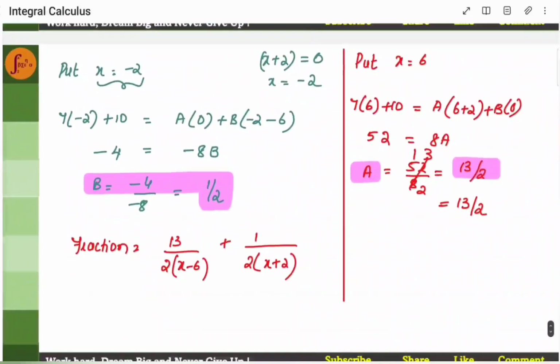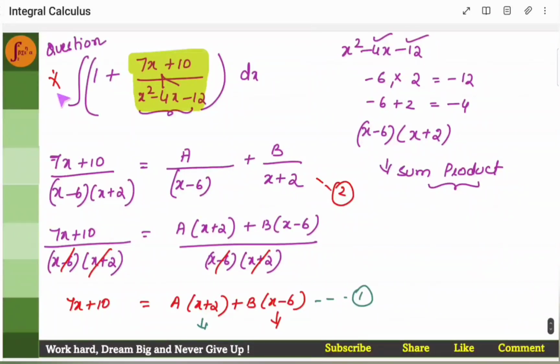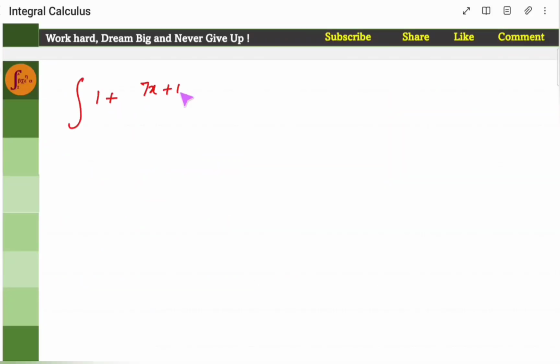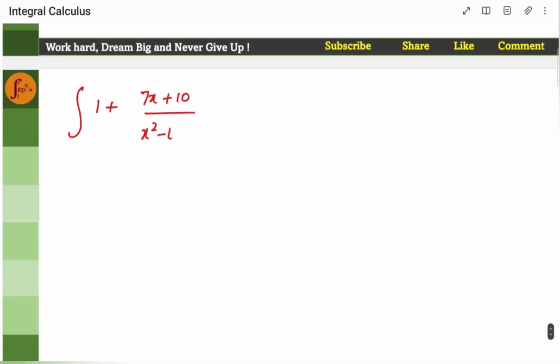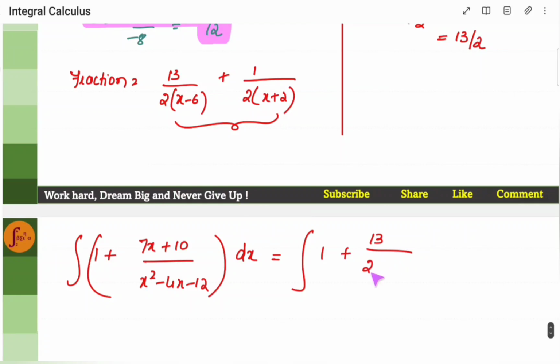Now I'll substitute this entire thing in the main function. This is the main one, right? In this I'll substitute 1 plus 7x plus 10 by x square minus 4x minus 12. This is equal to 1 plus 13 by 2 into x minus 6. I'm replacing the partial fractions here, plus 1 by 2 into x plus 2